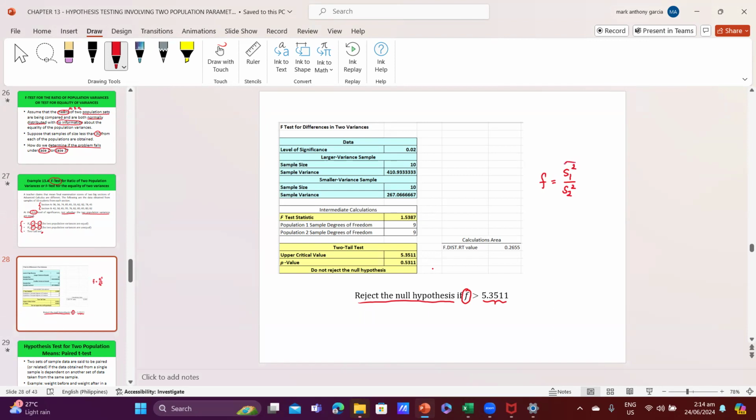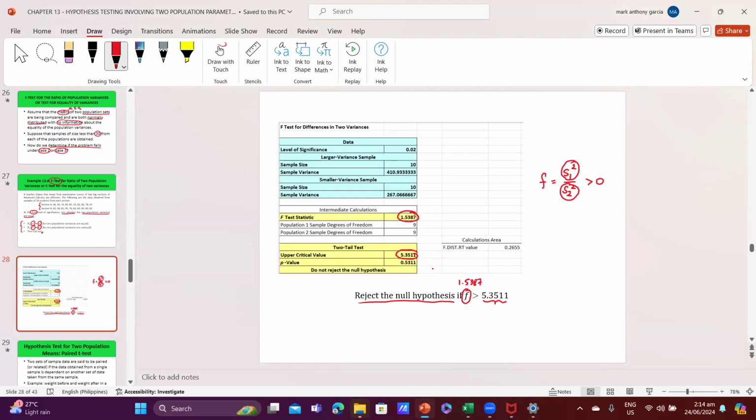Notice that this is positive and this is also positive, so this quotient is greater than 0, which means that it's enough that we get only the upper critical value. Again, the critical region for this F test is to reject the null hypothesis if F is higher than 5.3511. However, the F test statistic that we got here is